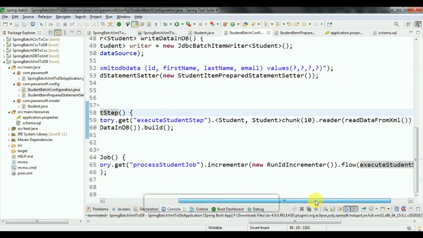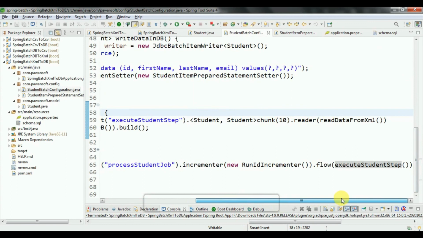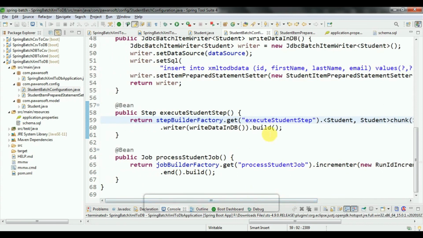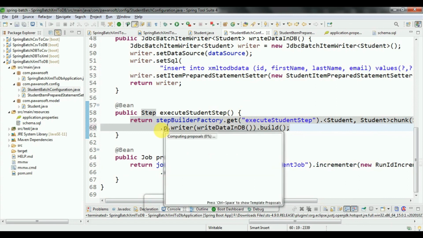Inside the step you have to write the chunk size, reader and writer, and the processor is optional. If you want to perform some changes, you can write your own processor and declare it here with dot processor.